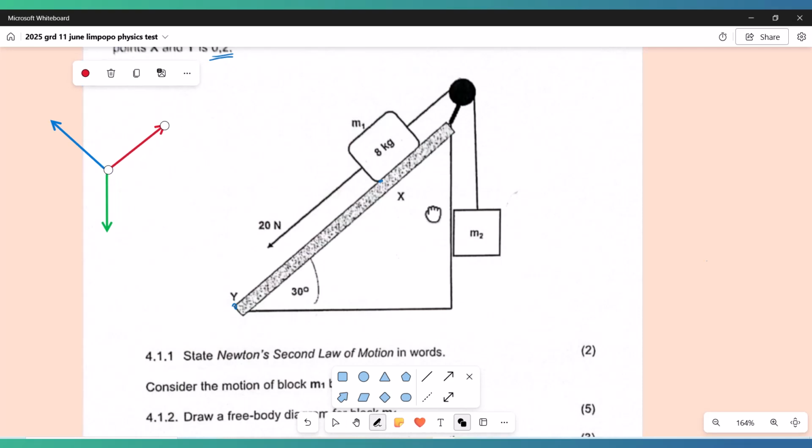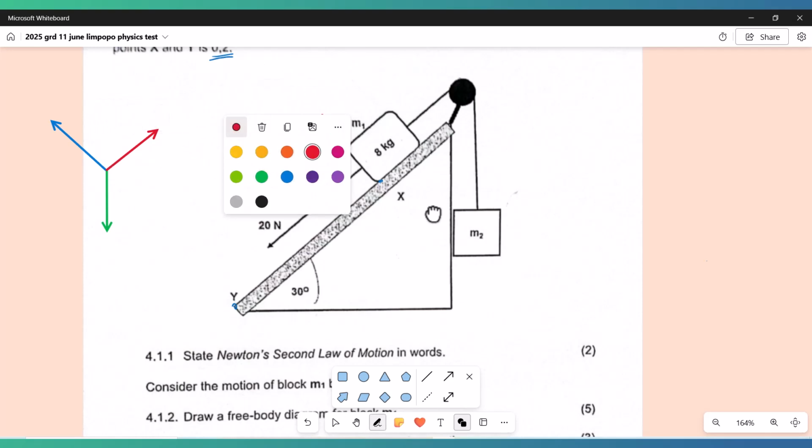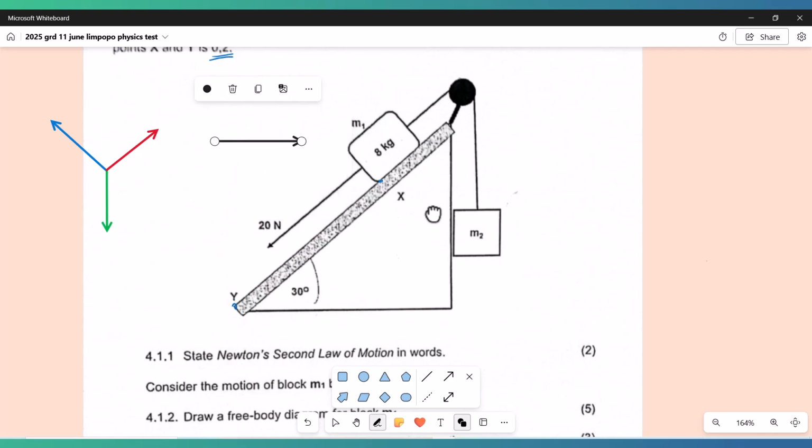Then they said that we have a rough surface, and also have the applied force, right? So now the 20 newtons is what I have. You see it is acting along the plane. I'm going to put it in a different color, let me put it in black. This is my 20 newtons here, applied downwards, along the surface. So if I bring it here, that's our 20 newton force, taking the block downwards, and